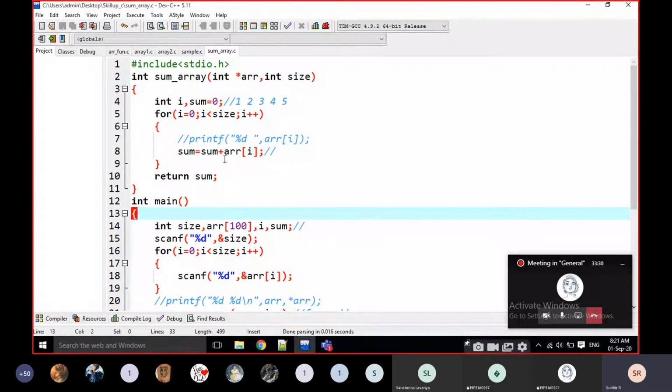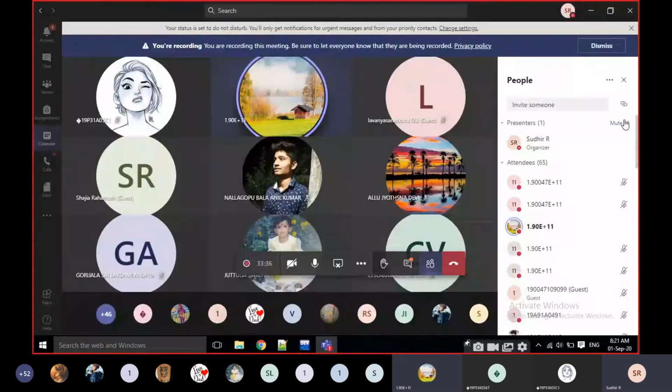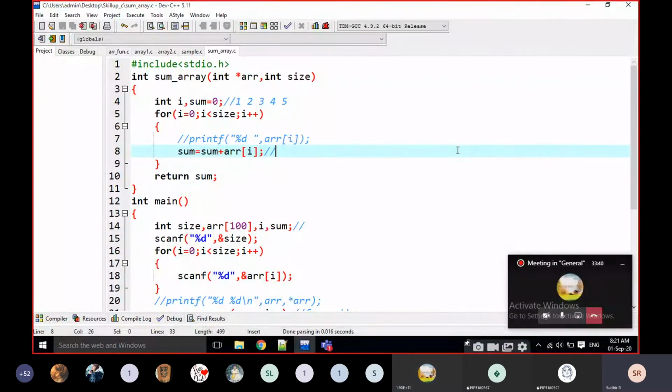Why am I writing here sum is equal to sum plus n? And return sum. I am returning the sum after the for loop, not inside the for loop.